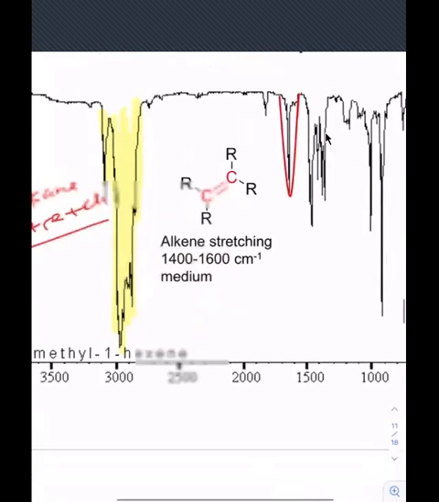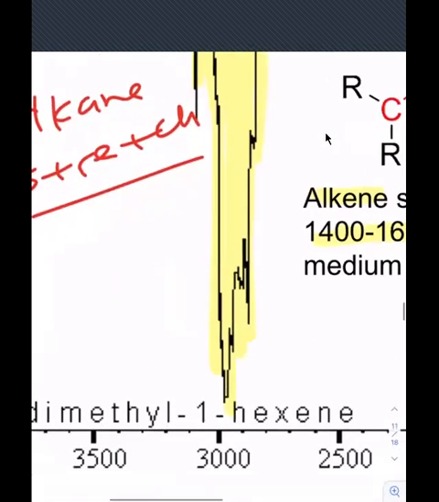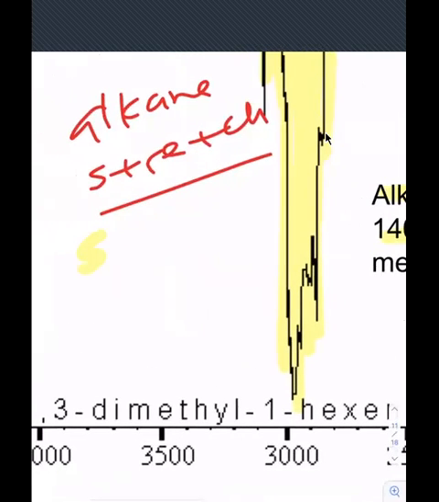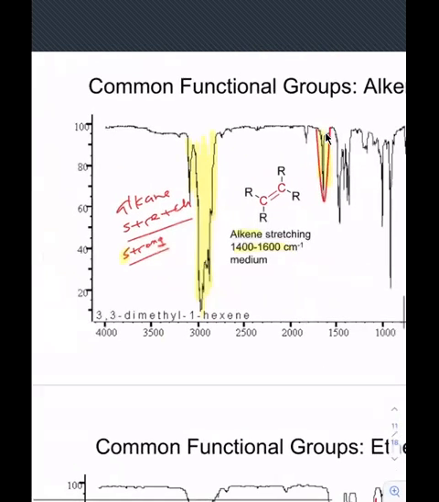And then over here, compared to what we call the alkene stretch, 1400 to 1600 right here. That's medium compared to this one. This is a really strong stretch. Very strong stretch. But the alkene stretch is a medium stretch, and it shows up from 1400 to